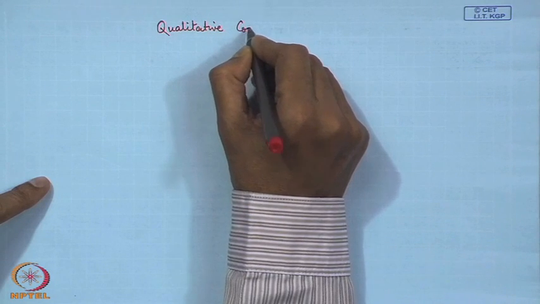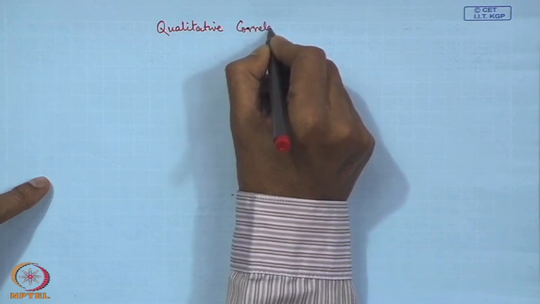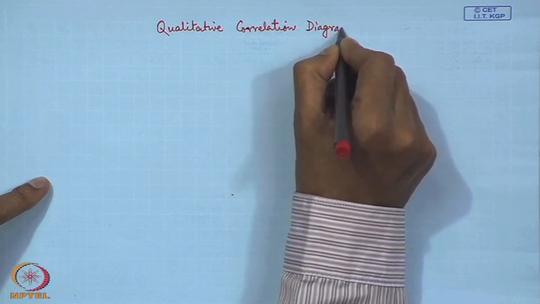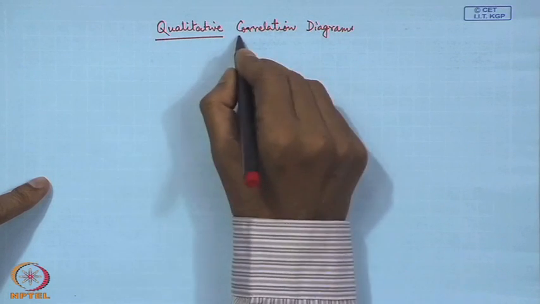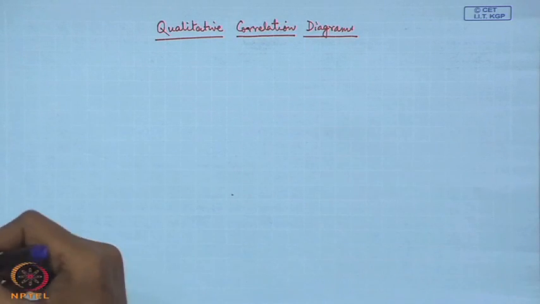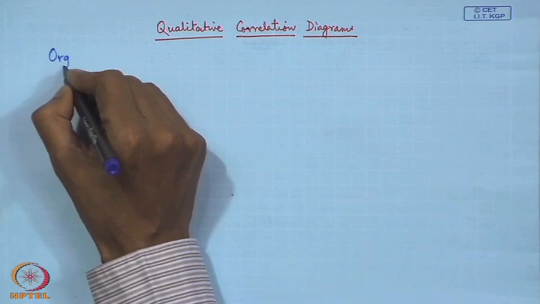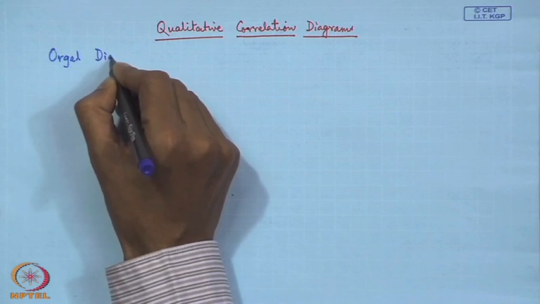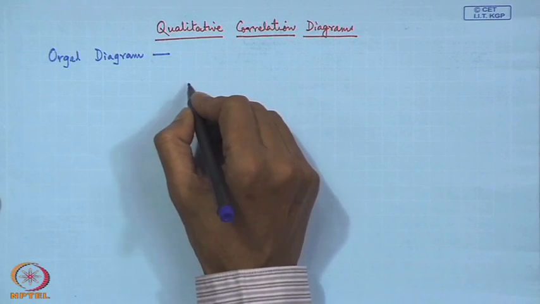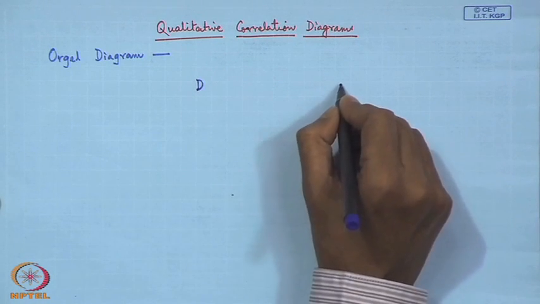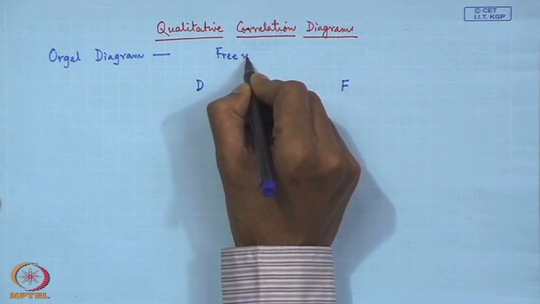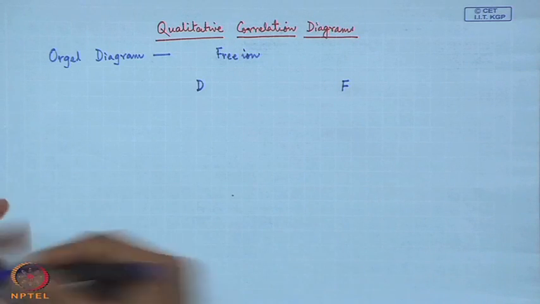So, we can draw qualitative correlation diagrams, and those diagrams we are calling Orgel diagrams. And here we are just looking at how we get a particular term, and those are basically the corresponding free ion terms